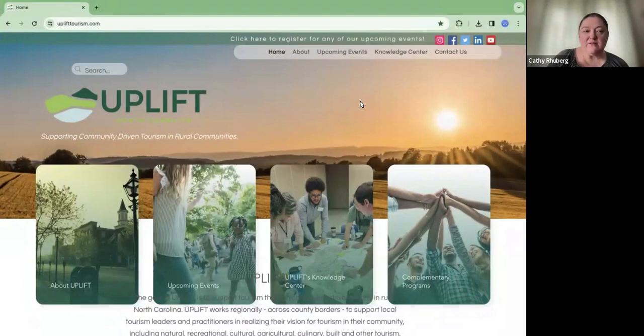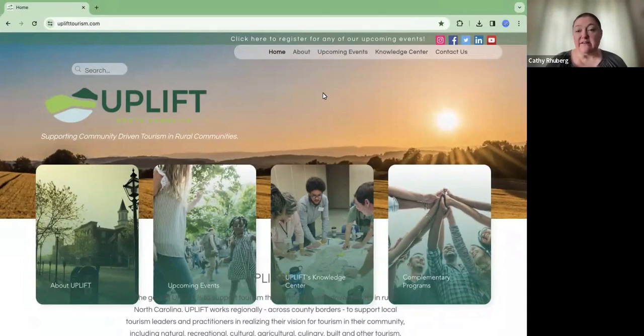We are going to talk a little bit about our Knowledge Center on our Uplift site today, because this is where you have access to a lot of resources that we have linked for you that we would love for you to use. So first, if you can see my screen, we'll navigate to